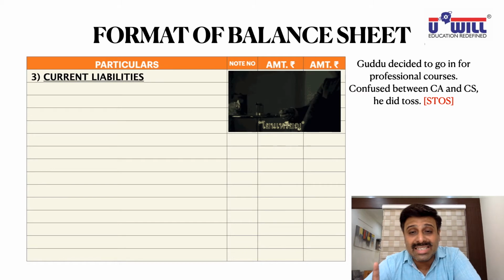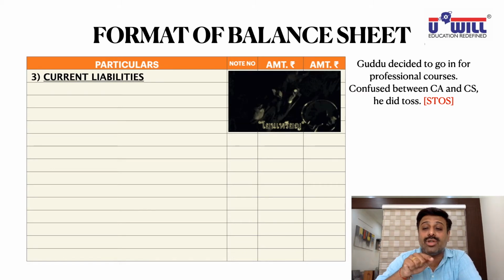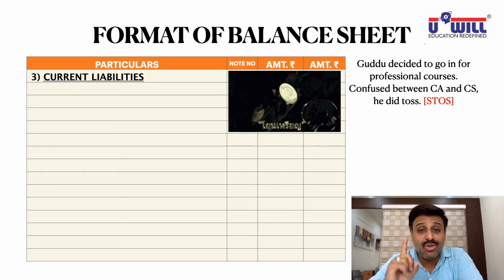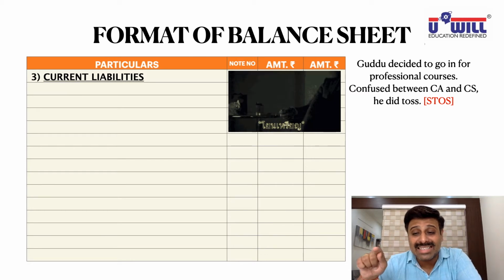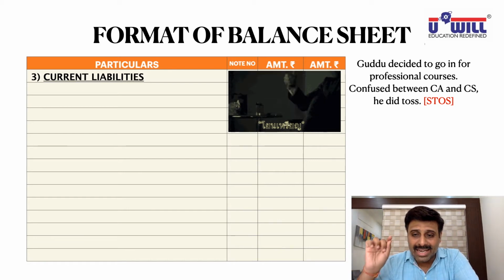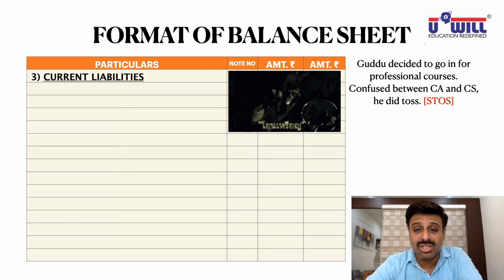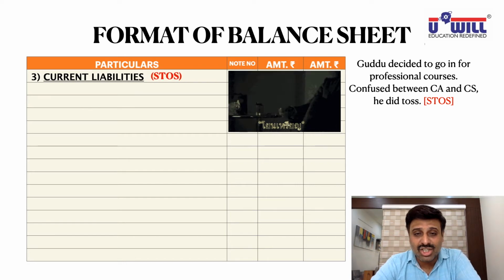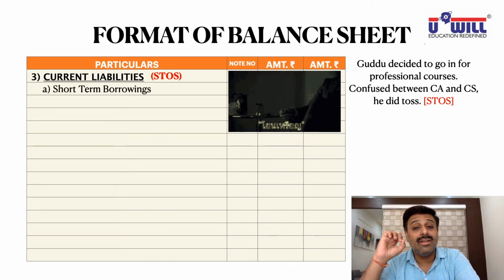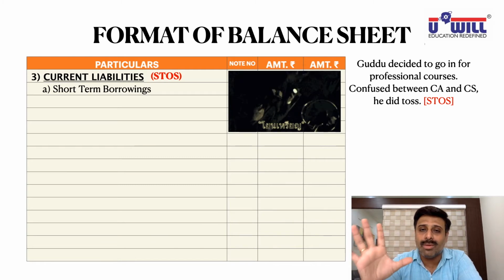Now TOSS, toss, but you remember that last S you bring in the beginning, shortcut you remember toss. Okay, he did toss, but you remember the shortcut as you bring the last letter S in the beginning. In the word toss, you bring last letter S in the beginning. So what is the shortcut? You will remember STOS. What does this STOS stand for? Okay, STOS, S, short-term borrowings. What did we have in non-current liability? Long-term borrowings, S, short-term borrowings.